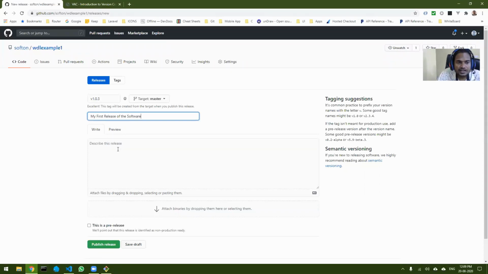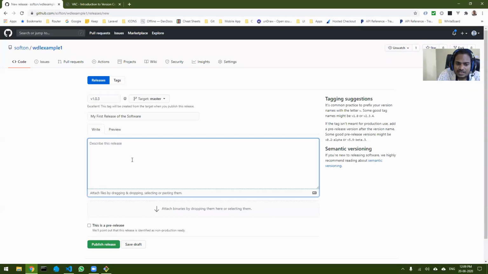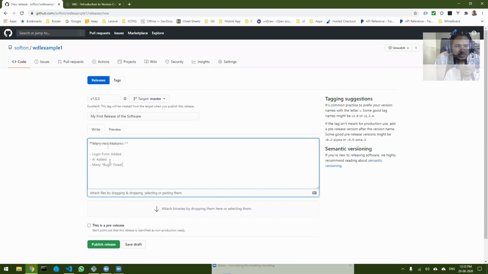And here the advantage is you can put up the message of what all things you want to show the users: what has changed, what code base you have changed, what files you have changed, or what the major fixes and features you have added are. So all these things you can add over here. I have added some contents over here.